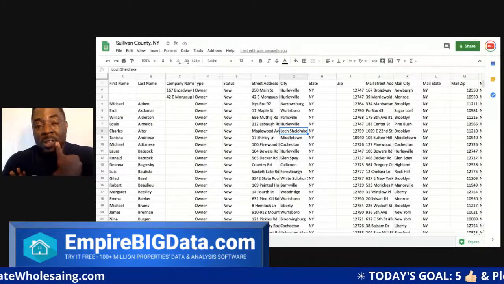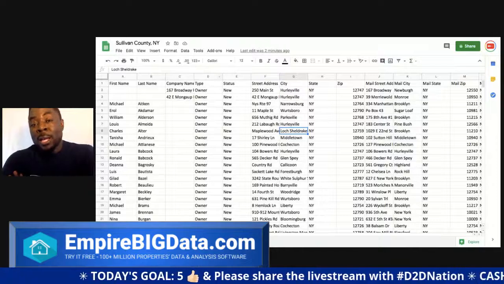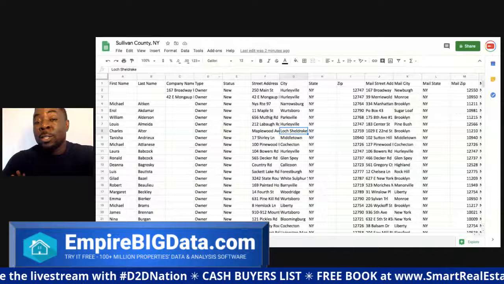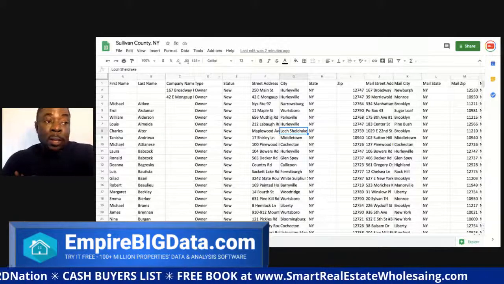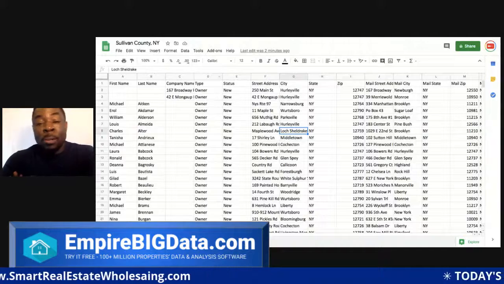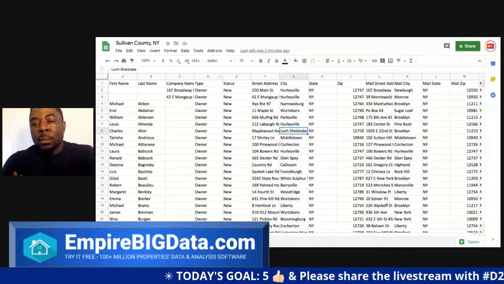You just want to present. Basically, there are two pieces of information they really need: after repair value and the asking price, and maybe a little bit of a subjective sentence about the condition of the property. So you may say things like needs light TLC, needs some rehab, needs heavy rehab. Things like that. That's all you want to say.